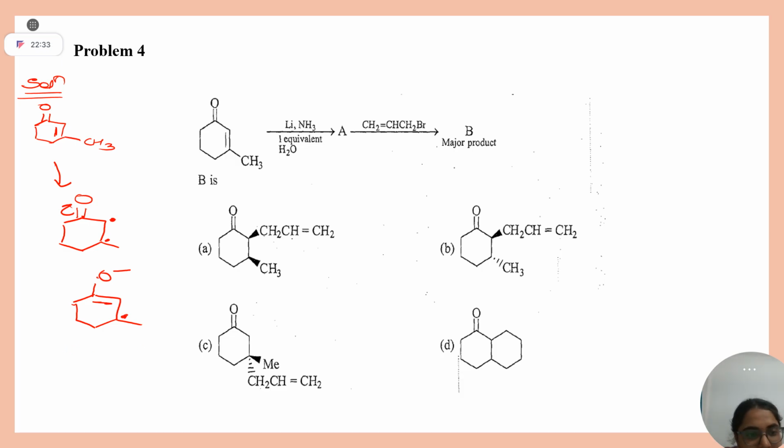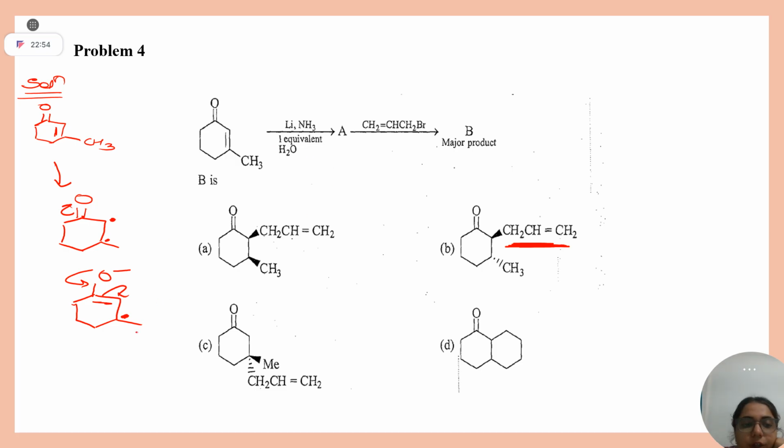Right? This O negative will come back and this negative charge will take this allylic bromide and you will get this. Okay? And this radical will take one electron again from metal, become carbanion, and will be quenched by this